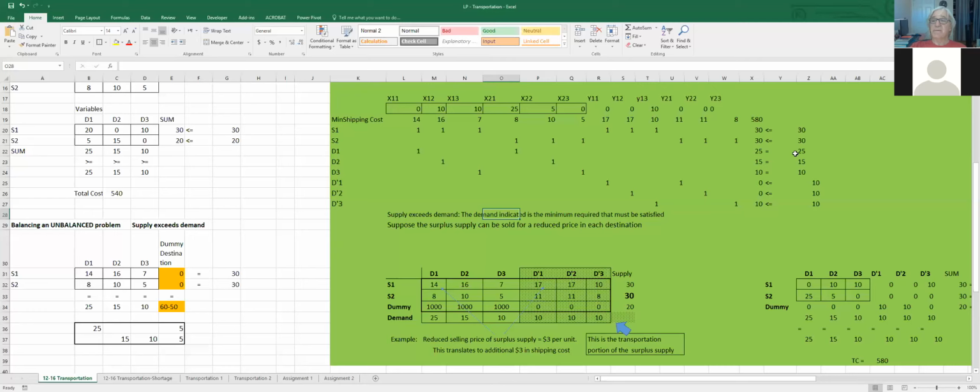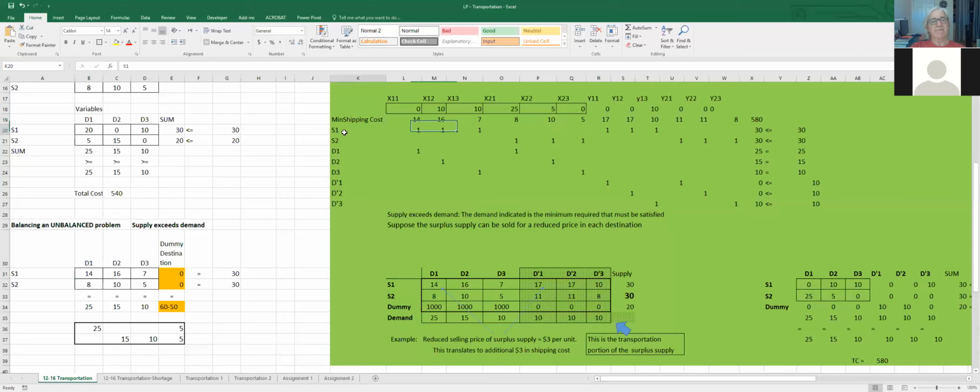In city number 1, you can sell more than 25 units, but the price that you will get for the extra units will be lower than the price that you can secure in the contract. So you can translate a lower price to additional transportation cost. So if this was 14 for the shipping from S1 to D1, you see X11, and it was $14, and you can see it in the table here. You see 14. So if this was 14, now it becomes 17 between the same two